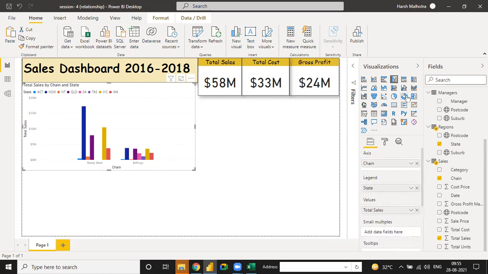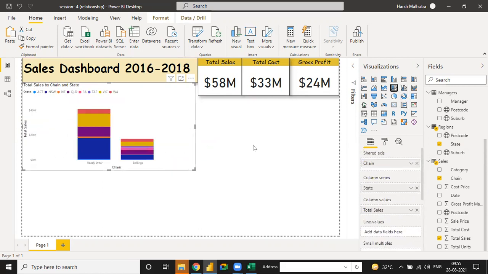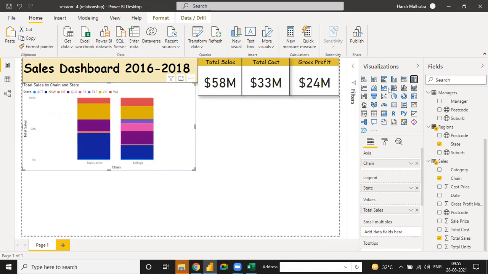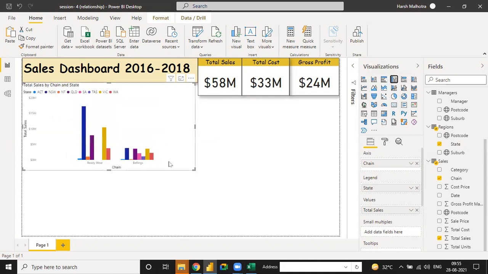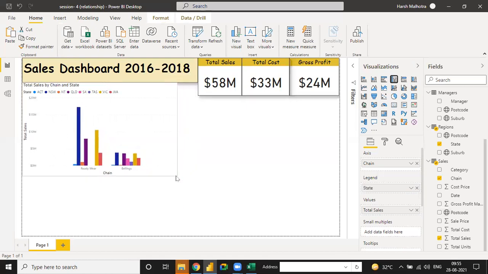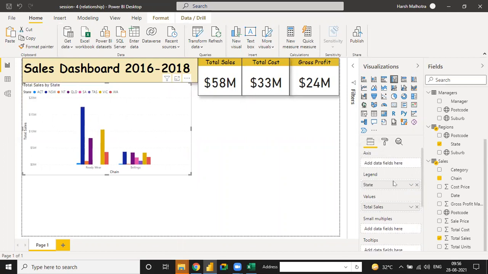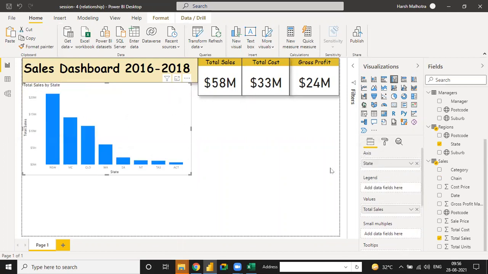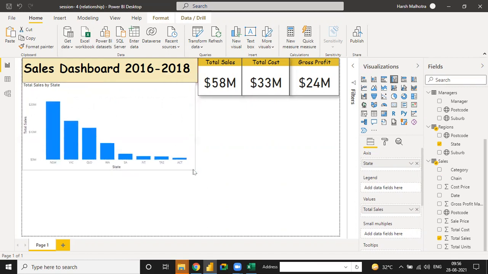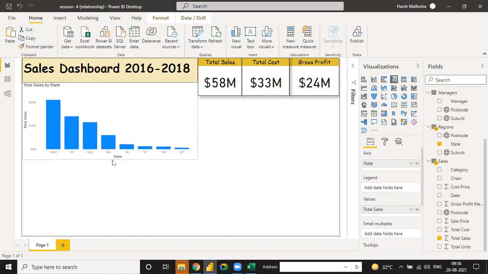Otherwise there are many more examples in this. Which graph are we using? This. See, here we have used sales by state.